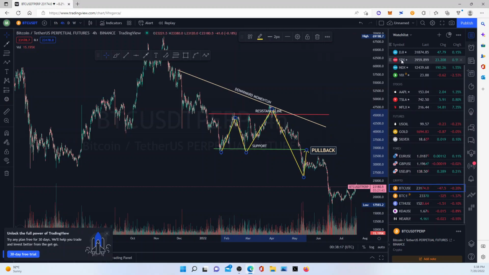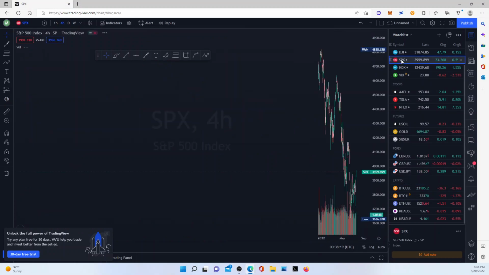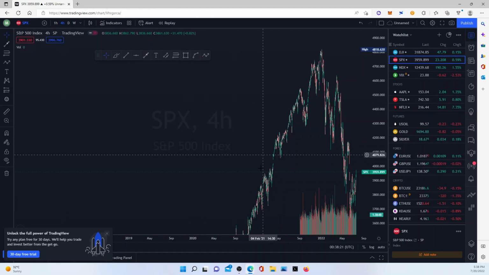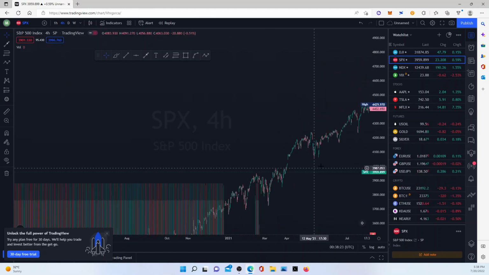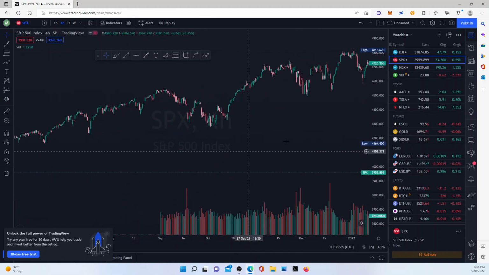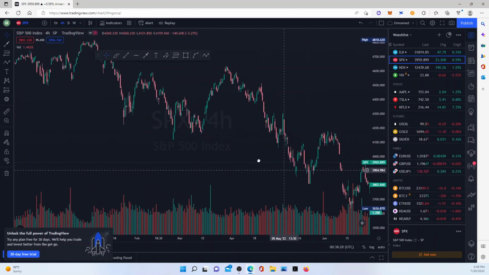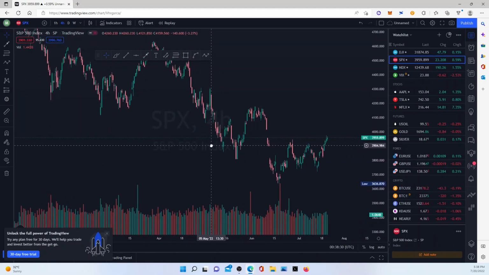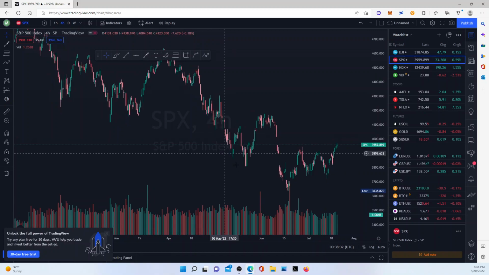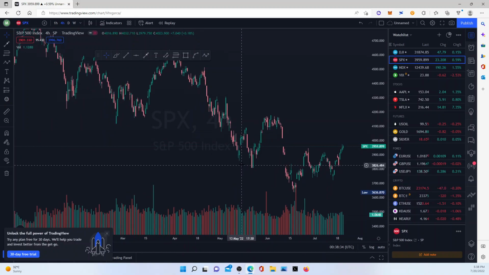Let's go see if we can find it in S&P. Just do it like that. Go out. It is in a sell. That's what we want to see. Let's look for it within a sell. And you have a support and a resistance.